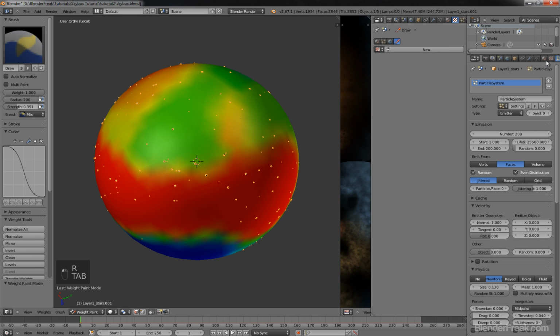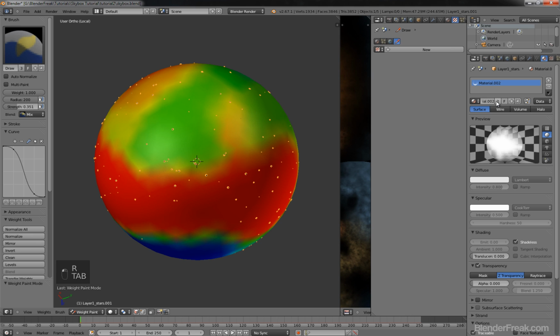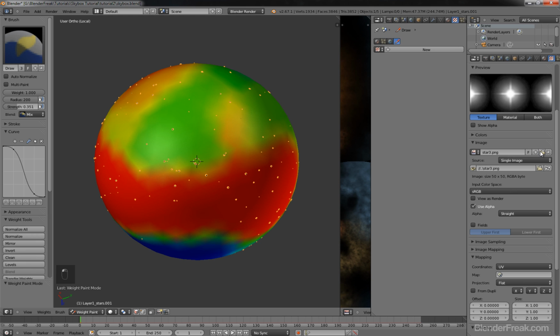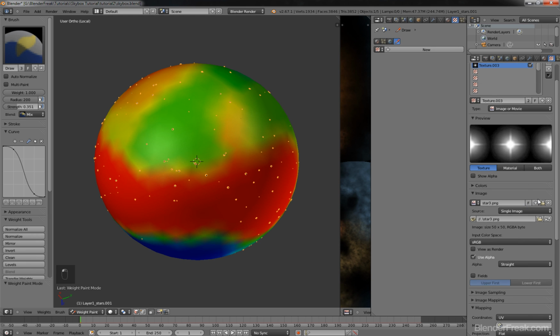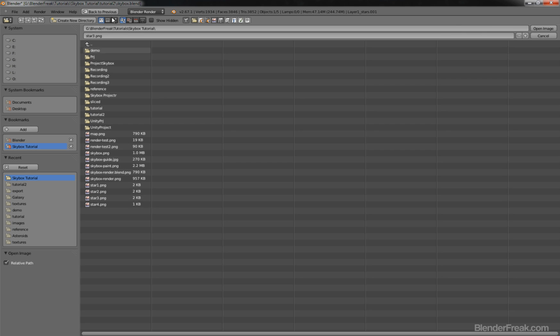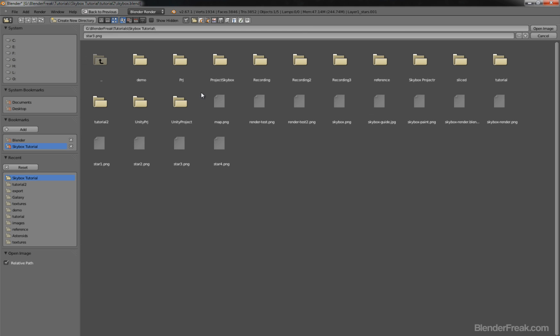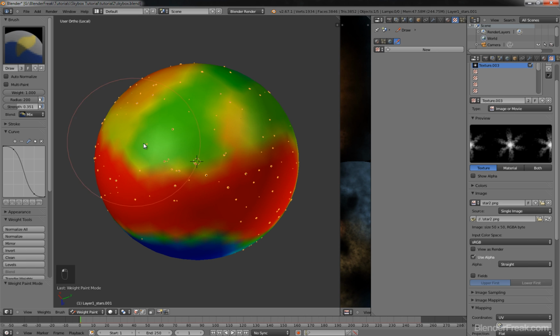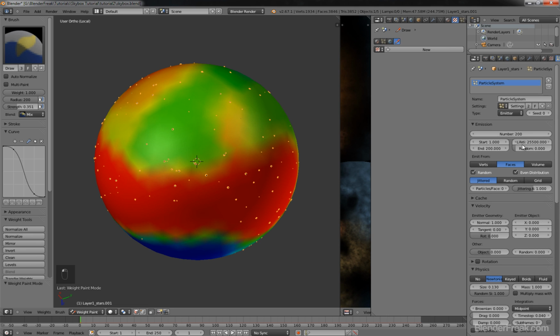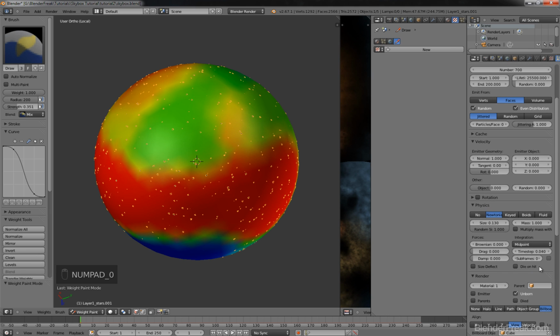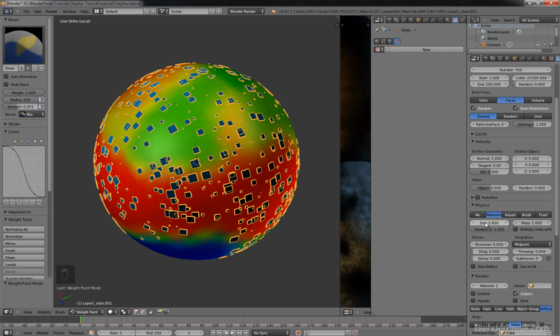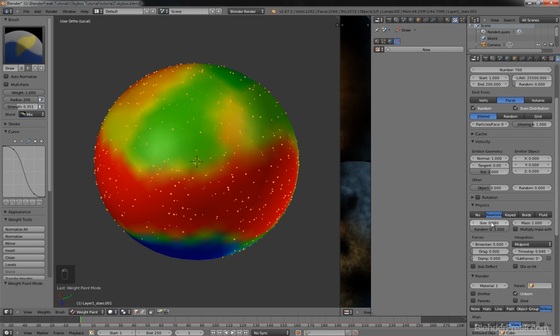I'll go to the particle or material here, press this little tool to create a unique material again, and here I will set the texture from star 3 to, let's say, star 2. Okay, I'll go back again here, bump up the number to say 700 to have more of them, lower the size to, let's say, 0.8, 0.08, excuse me,